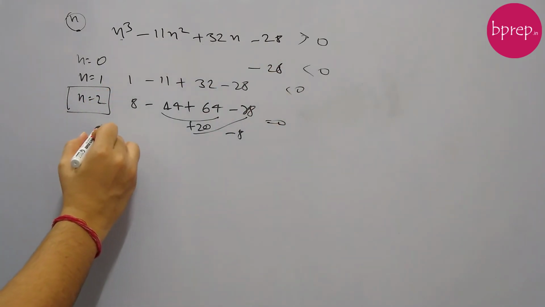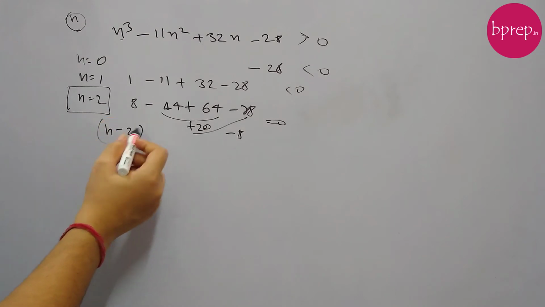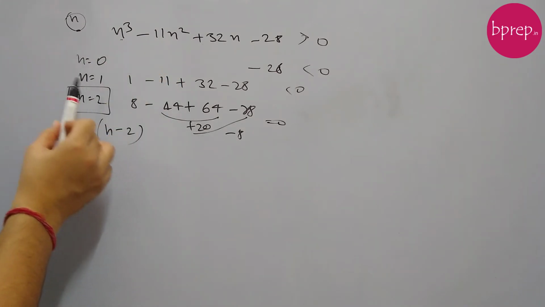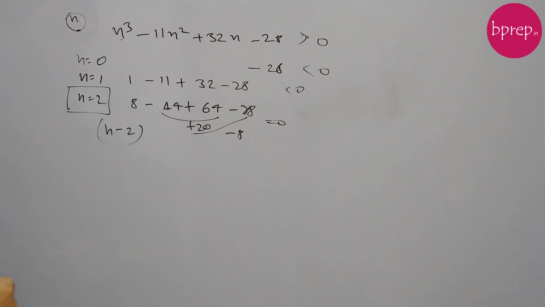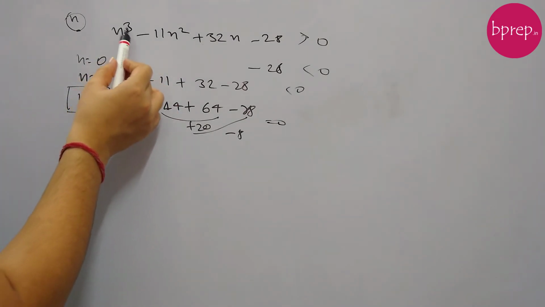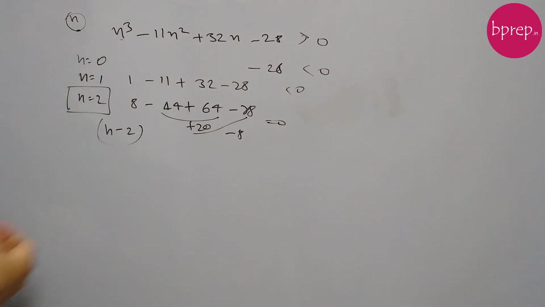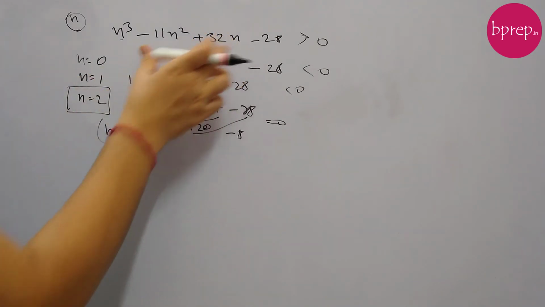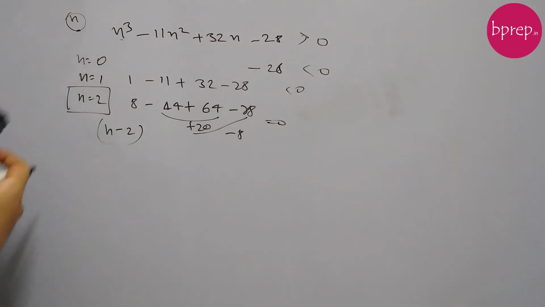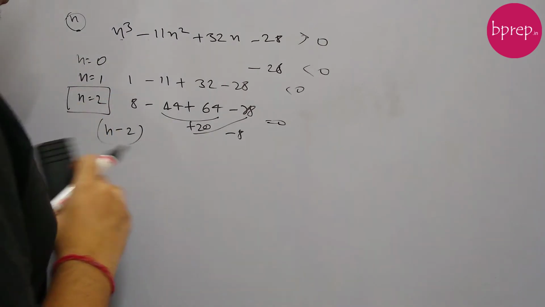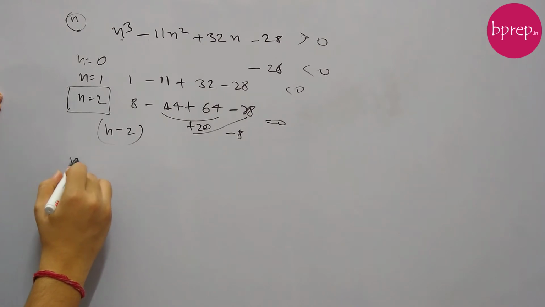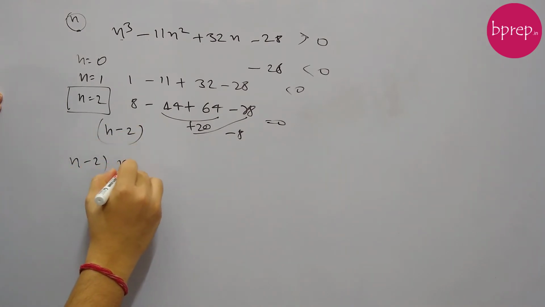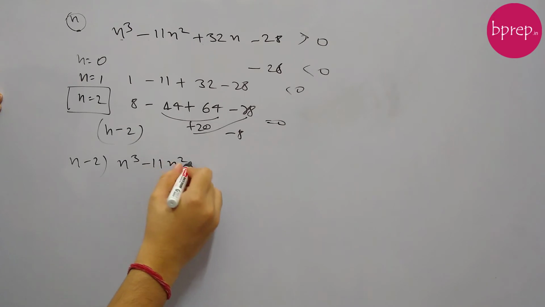So for sure n minus 2 is one of the factors of this equation. If 2 is a root of this equation, then n minus 2 is one of the factors. Now because this is of order cube, we need to find the other factors of this expression. For that we need to divide this expression by n minus 2. So let's see how we divide an expression by another expression. Usually like we do a division, we have n minus 2 and then n cube minus 11n square plus